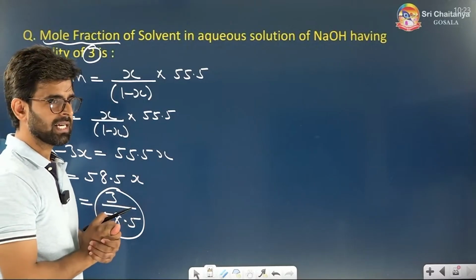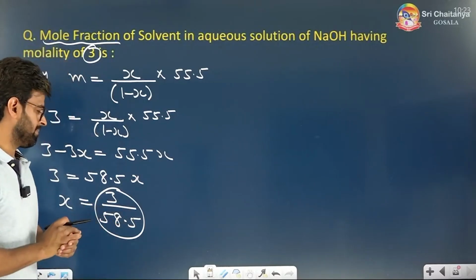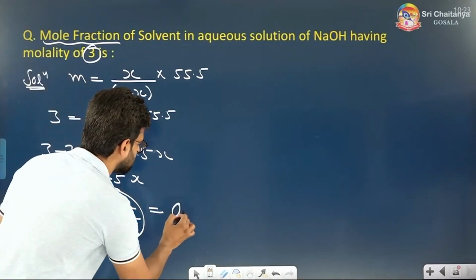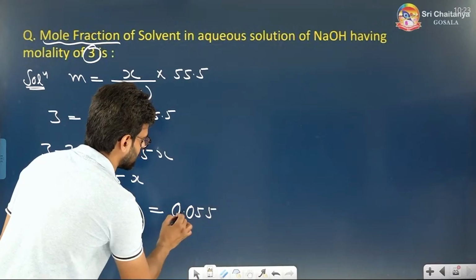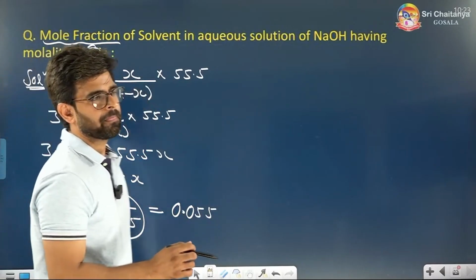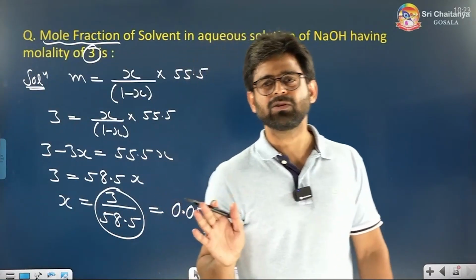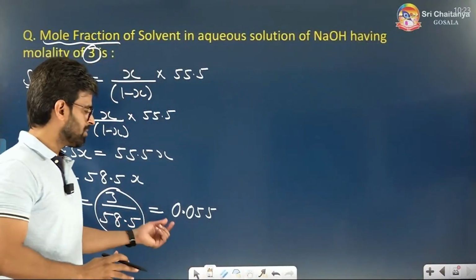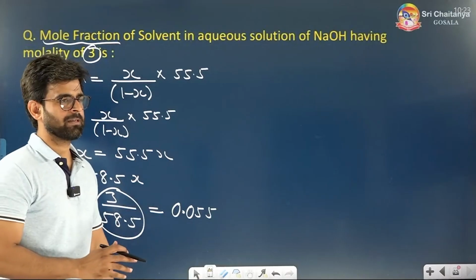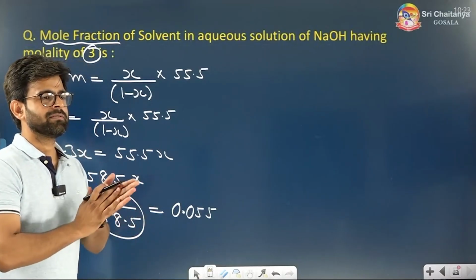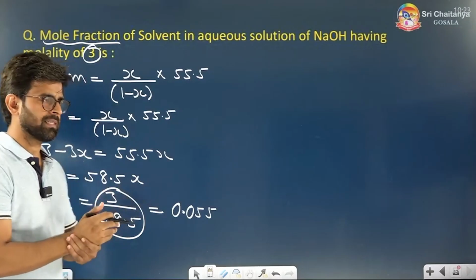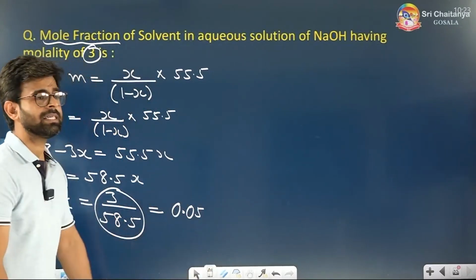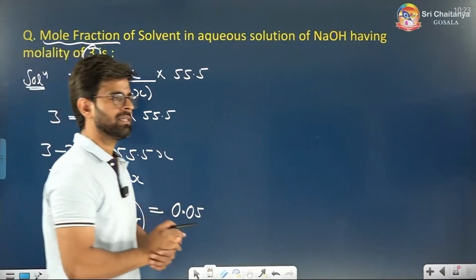0.55 should not come. Because 3 divided by 58.5 will not make it, I think it will come around 0.055. If you check by yourself, I am just giving an idea, you can find by yourself. Divide you can do, right? So 0.05 something. You can check by yourself. 0.0512, maybe possible, right? So I am saying just an approximation here. You can go further. Okay? Done? Very good.